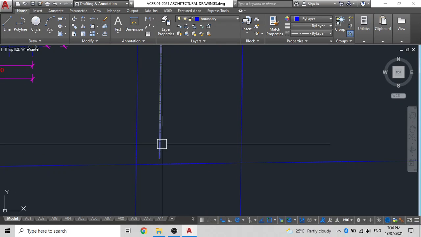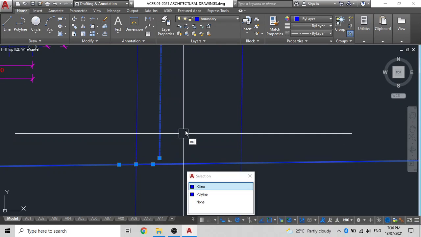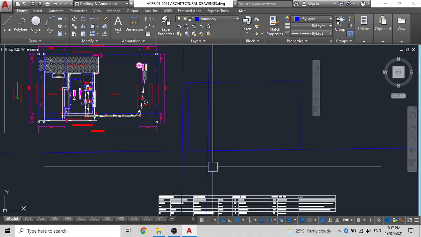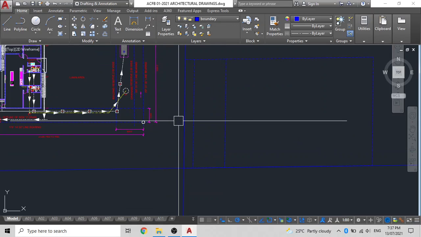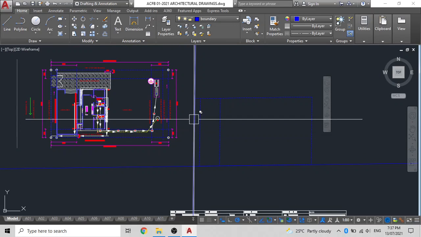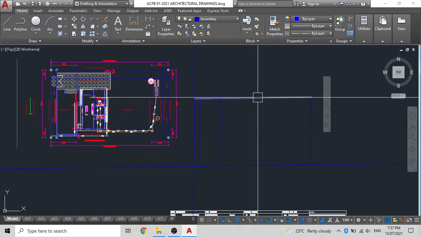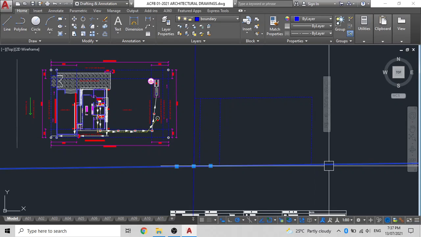If they don't meet, you can make them meet. Select them and extend the lines like so. So now that you have created your 2-meter drainage reserve along with the 9-meter building line restriction, what you can do is offset these lines